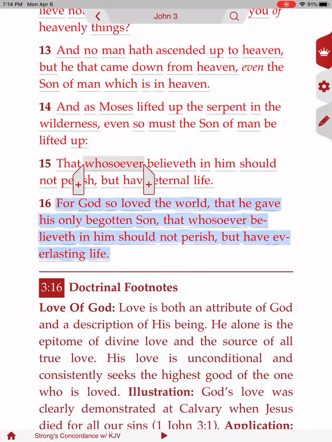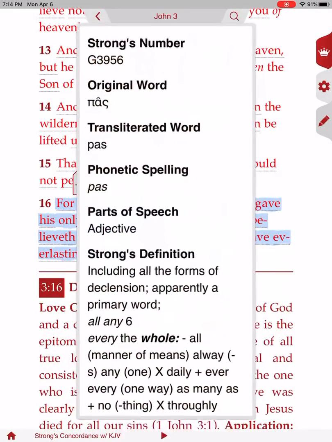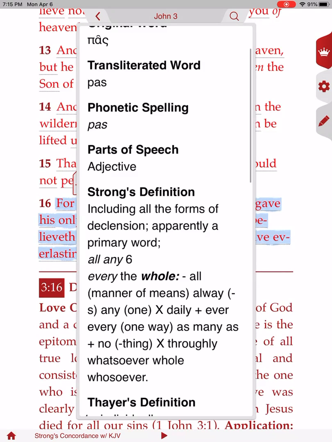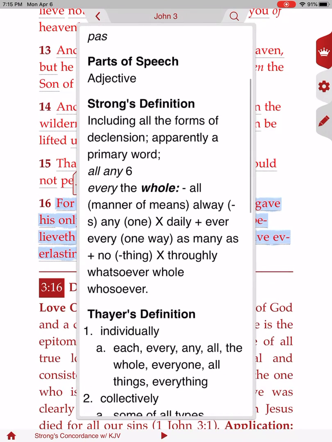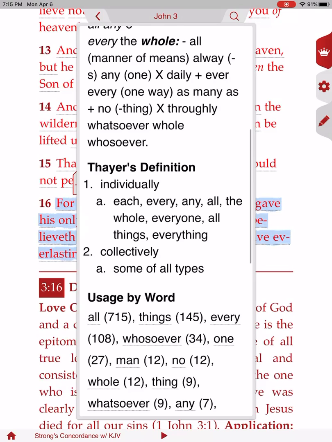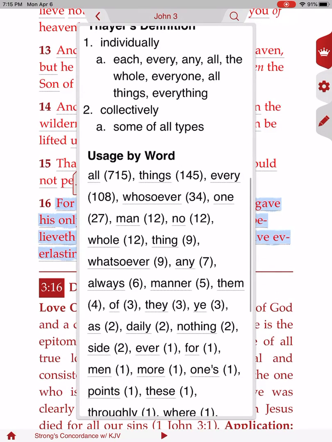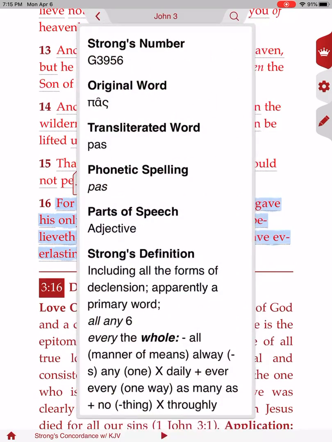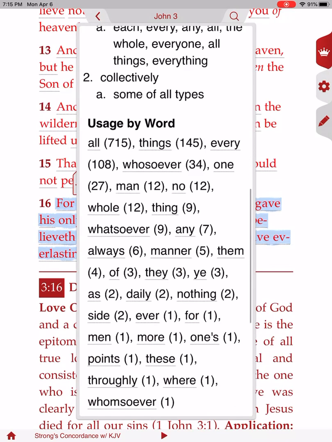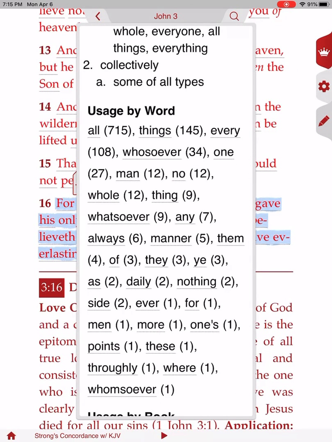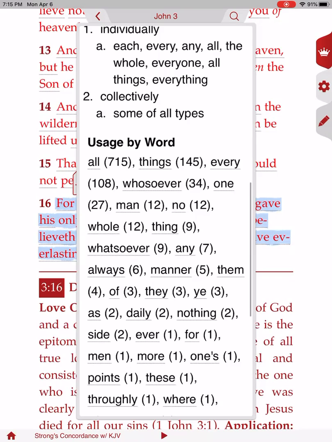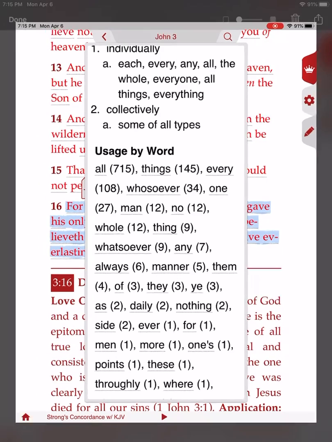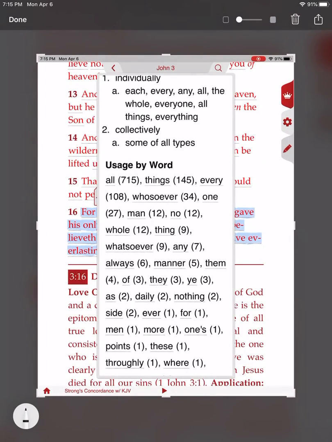and a lot more stuff. Here you get the Strong's definition, Thayer's definition, the usage by words, by word. We are on, what word were we on? Whosoever. So whosoever is similar to all things, all these other words, but you see that whosoever is used 34 times right here in